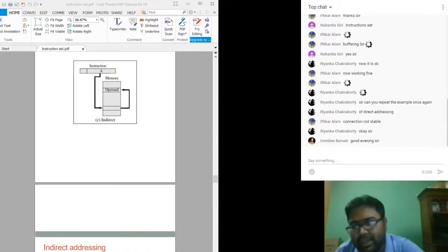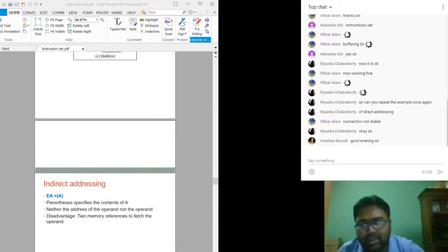Instead, it refers to some other memory location which contains the operand. So you are not directly accessing the operand; the instruction refers to a memory address which in turn contains the operand at that particular address. So this is indirect addressing.